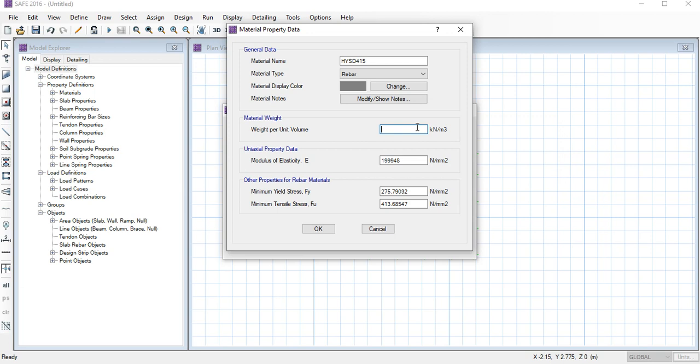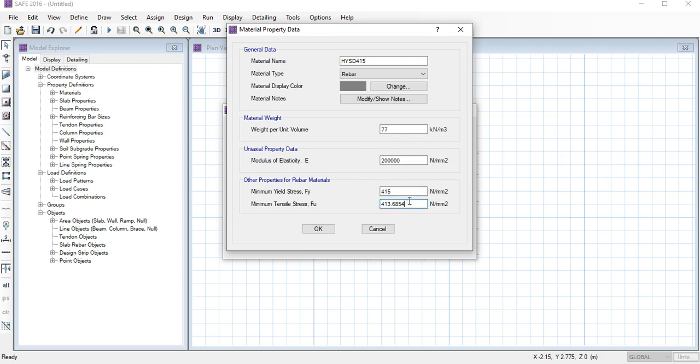The unit weight per unit volume is 77 kilonewton per meter cube. We know the modulus of elasticity of steel, everyone knows, is 2 into 10 to the power 5. And the minimum yield stress, that means Fy: I have taken steel bar 415, so definitely the Fy, that means yield strength, is 415.